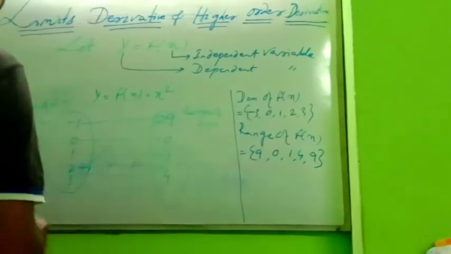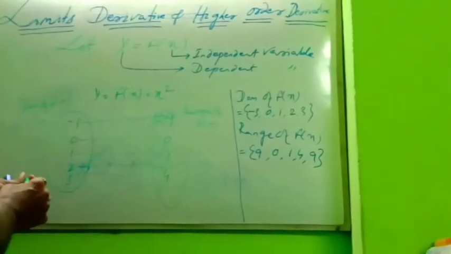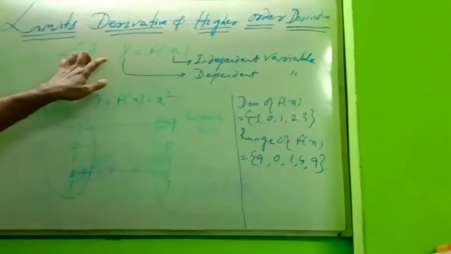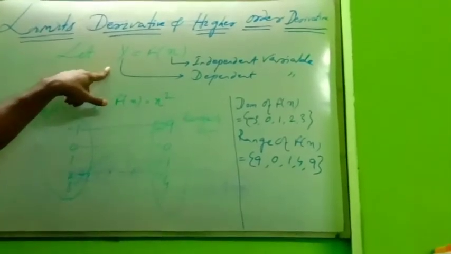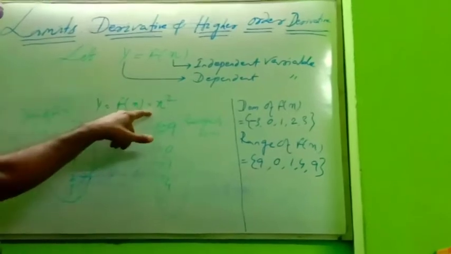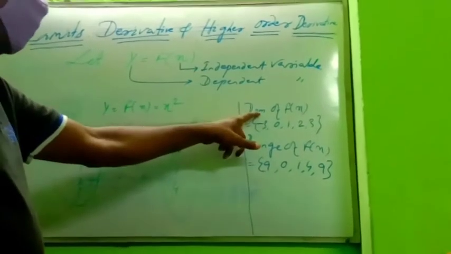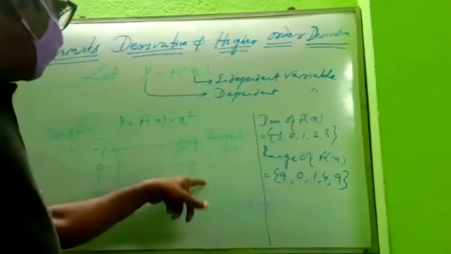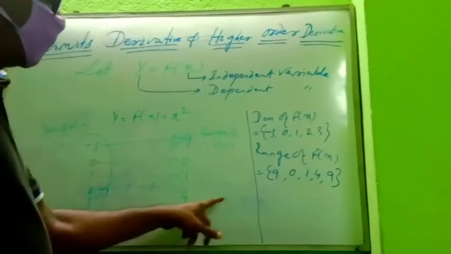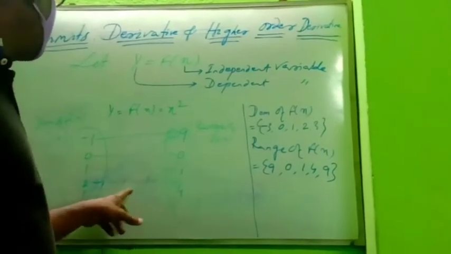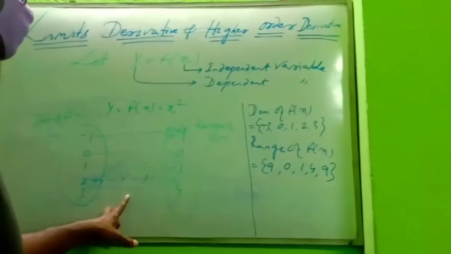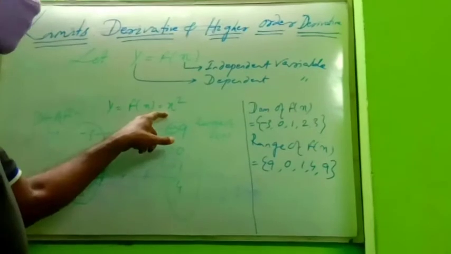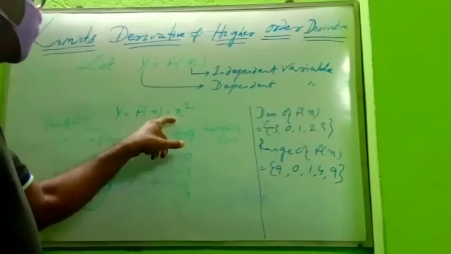This is all about how a function is represented: y is a function which depends on x. I have taken f of x equal to x square. The values of x are the domain, and the values of y that we get after putting in the values of x are the range. This is the basic idea of a function. There are different types of functions. This is called an algebraic function, x square. Okay, let us go on next.